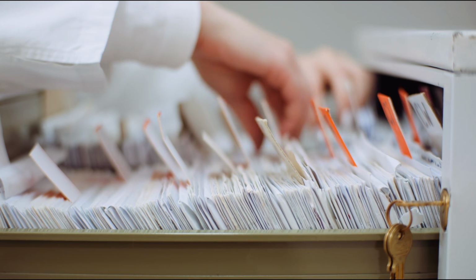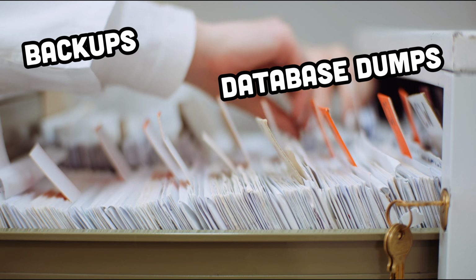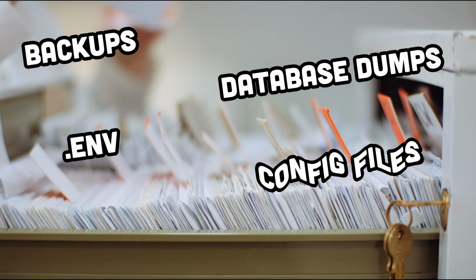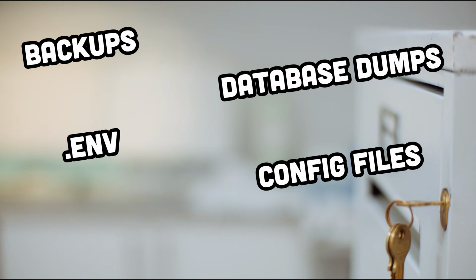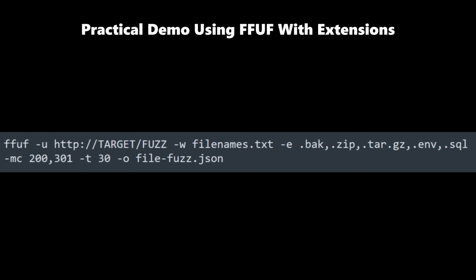File fuzzing. File fuzzing looks for sensitive files, backups, database dumps, .env config files. It often overlaps with directory fuzzing but focuses on file names and extensions. Practical demo using ffuf with extensions. -e tells ffuf to append these extensions to each word in filenames.txt, like backup.zip,